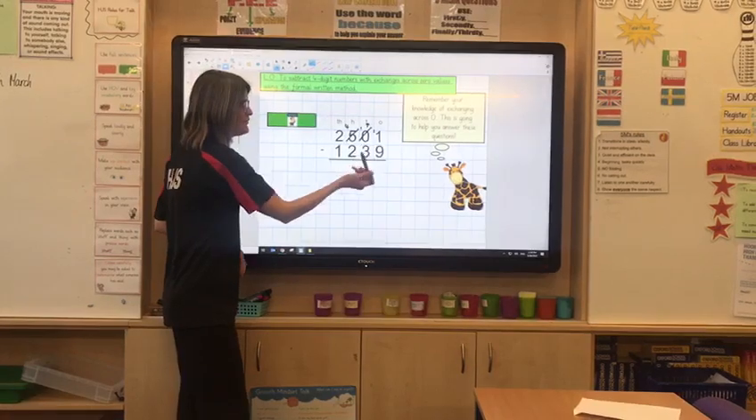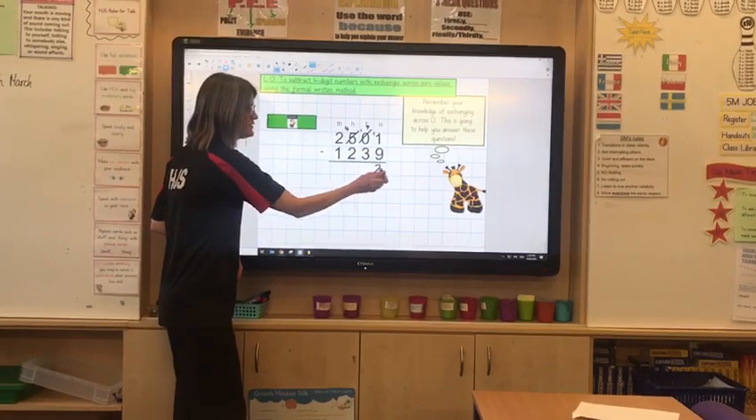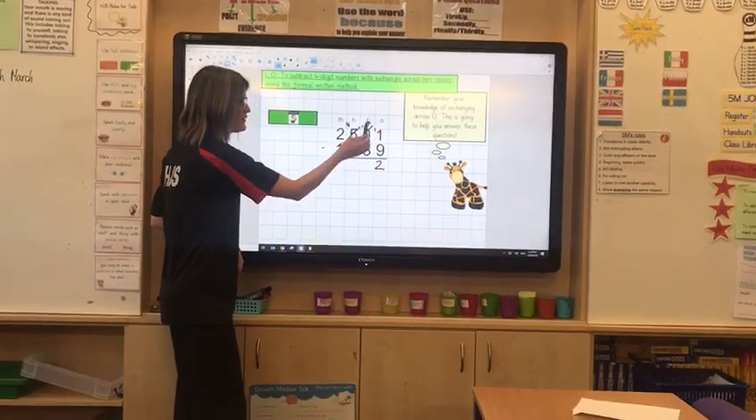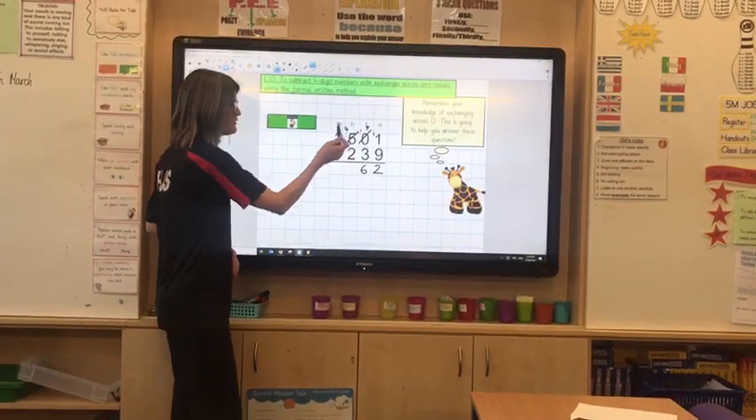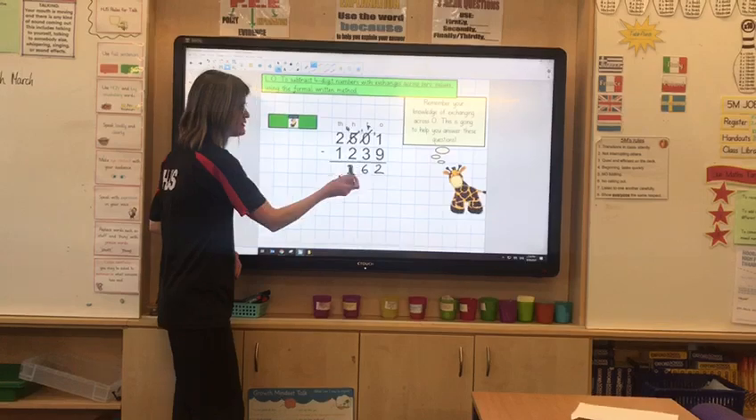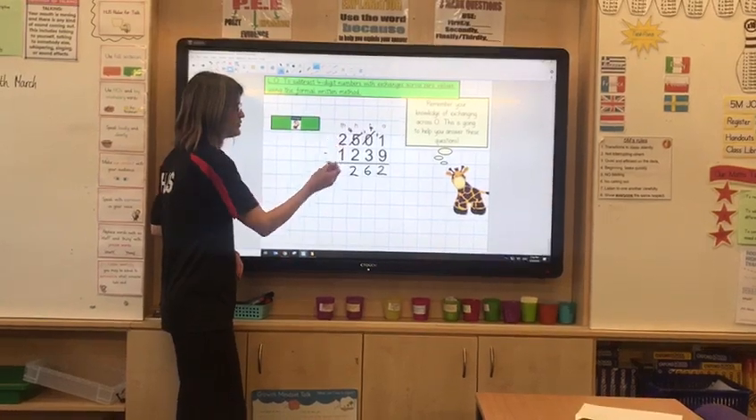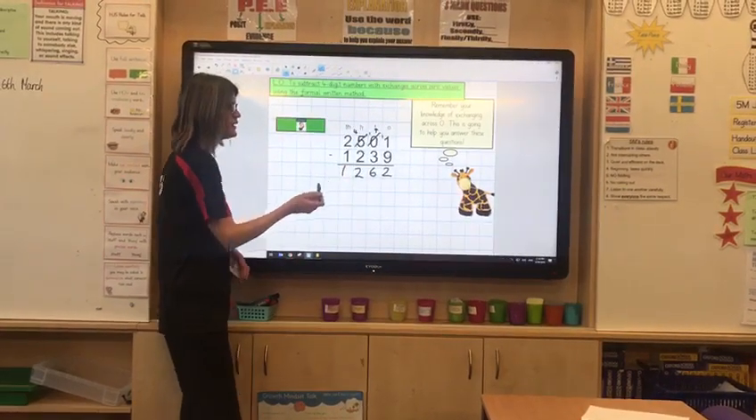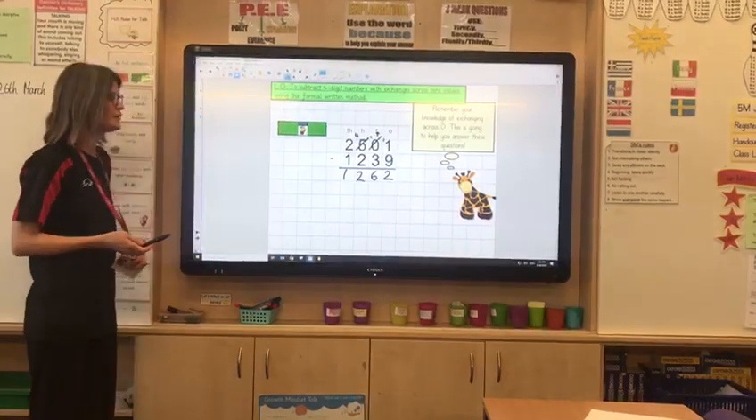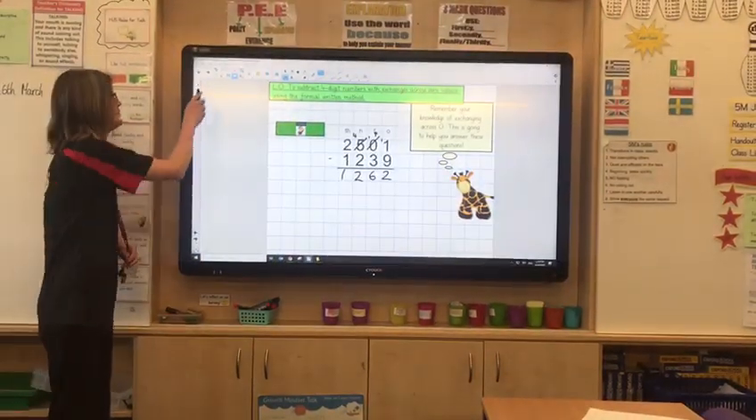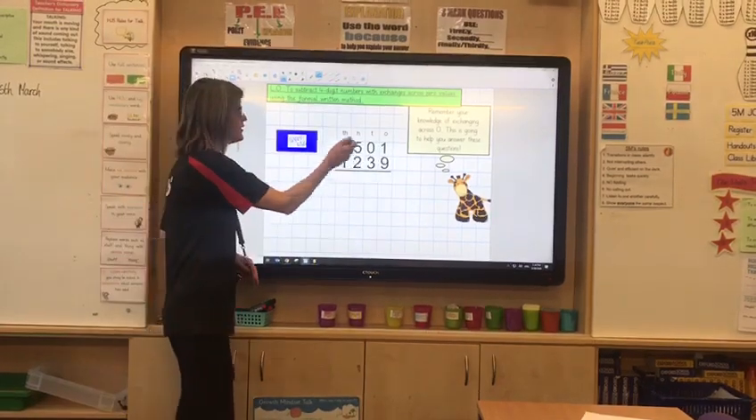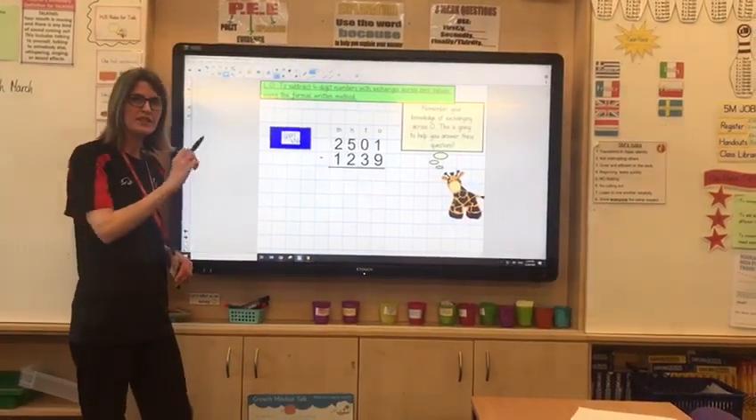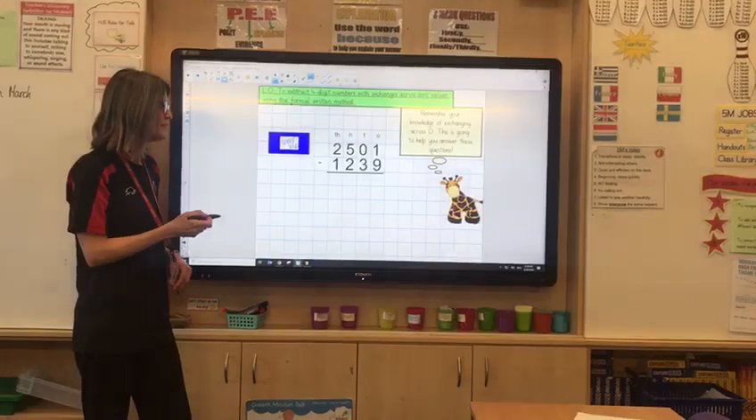9 ones away from 11 ones is 2 ones. 3 tens away from 9 tens is 6 tens. 200s away from 400s is 200s. And 1,000 away from 2,000 is 1,000. Again, pause the film and have a go yourself. Right, this is the point where I'd like you to pause it and have a go without me. And when you're ready,